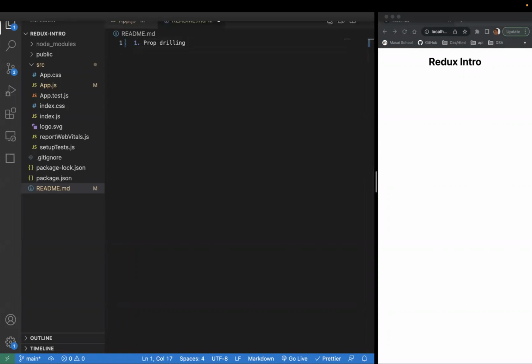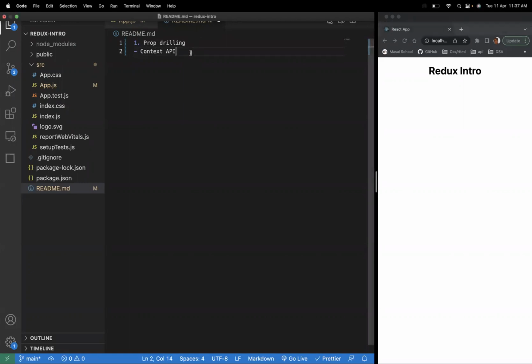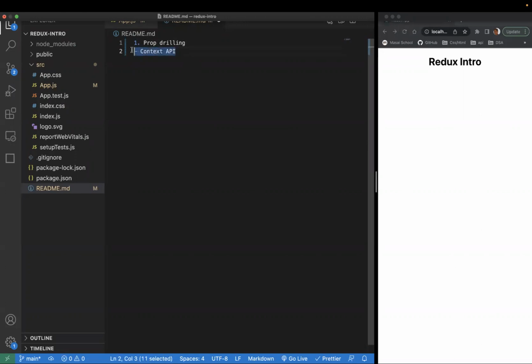Context API? Okay, context API, right? Now, basically, whatever I'm going to teach you today will look somewhat similar to context API. The use case is somewhat similar to context API, but that is not the same as context API. Okay, that is not the same as context API. So